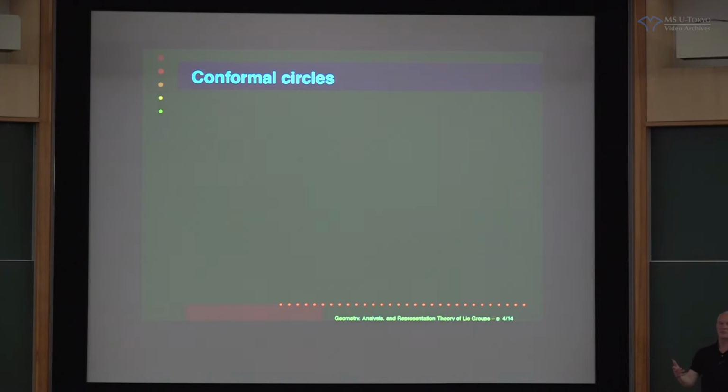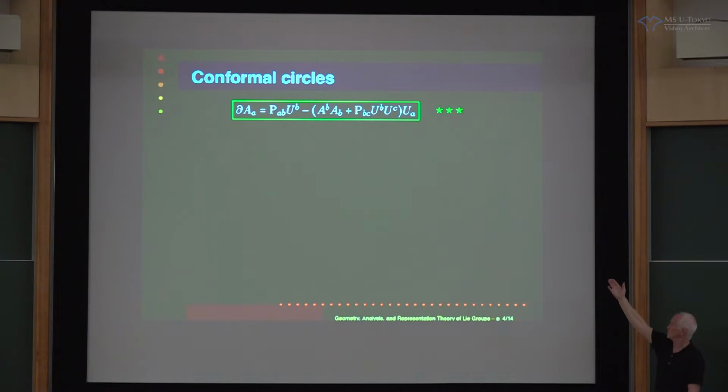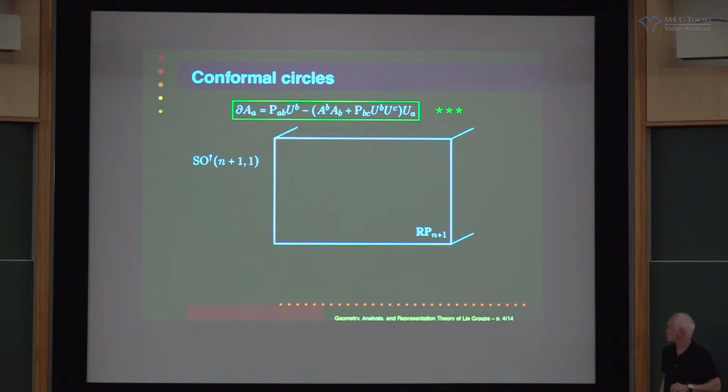Okay, the terminology I prefer for these curves is conformal circles. The reason for that is that if you look at this remarkable differential equation in flat space or on the sphere, as a special case of this conformal invariance, you should notice that the sphere and the plane are conformally equivalent, right, by stereographic projection. So there's no loss in looking at curves in the plane, where you just eliminate all of these curvature terms, Schouten tensor identically 0, or when you do it on the sphere. Right, but let's do it on the sphere.